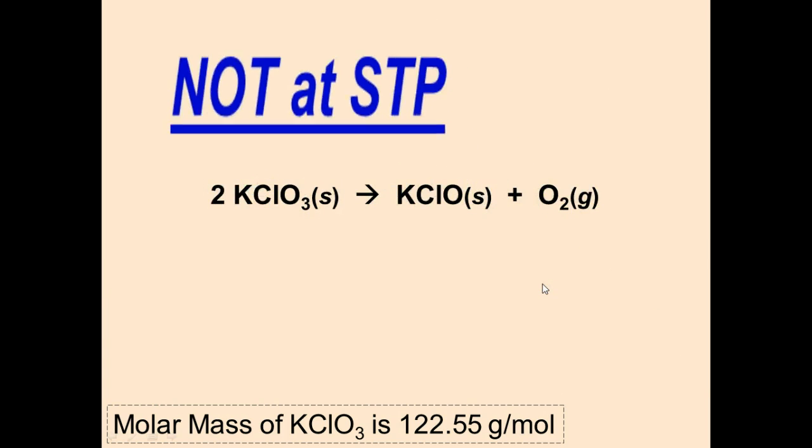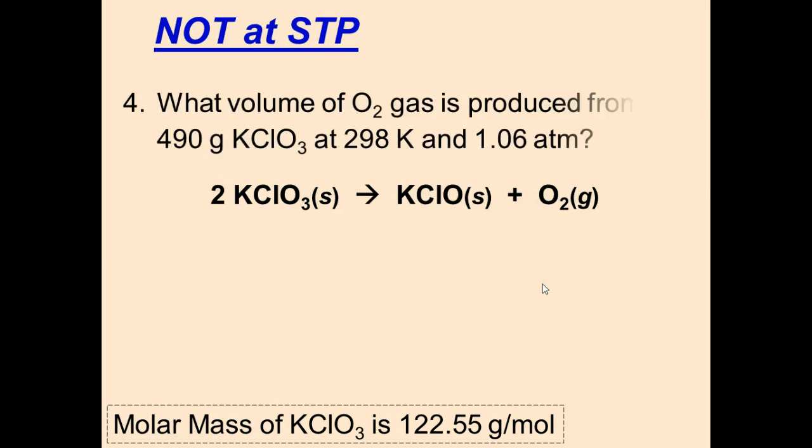And so now we're going to talk about one question that is not at STP. This is the only one. This is a weird one. It's going to be a little extra step, but it's not much harder. Trust me. So what volume of O2 gas is produced from 490 grams of KClO3 at 298 degrees Kelvin and